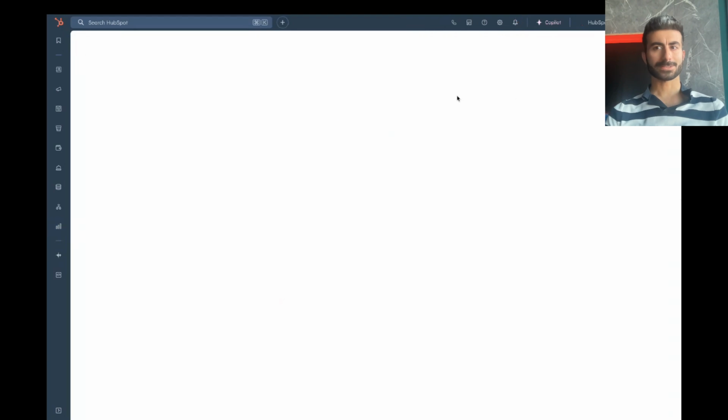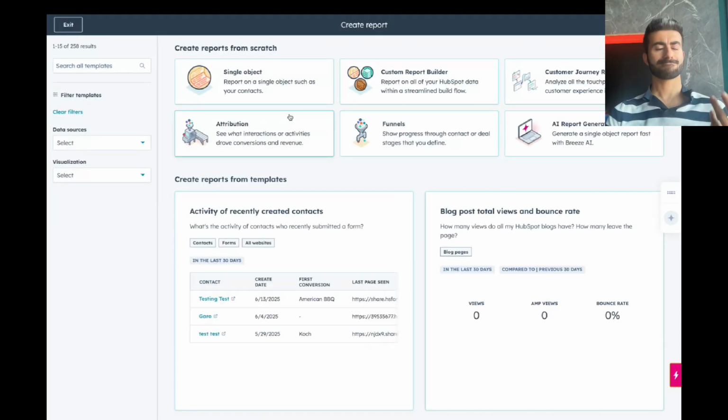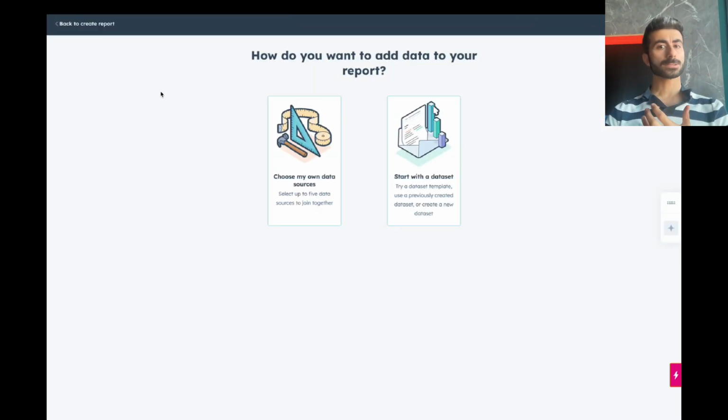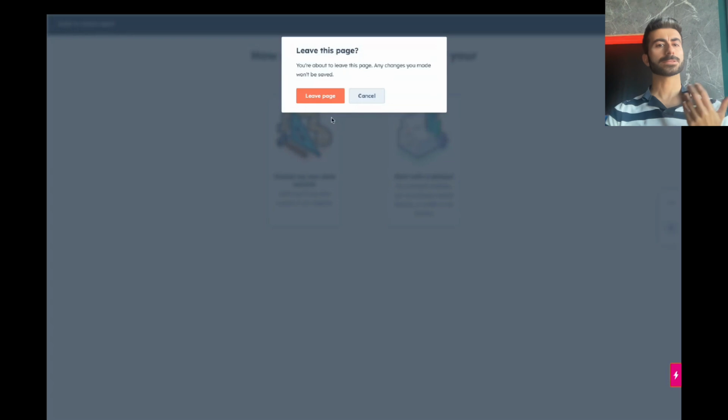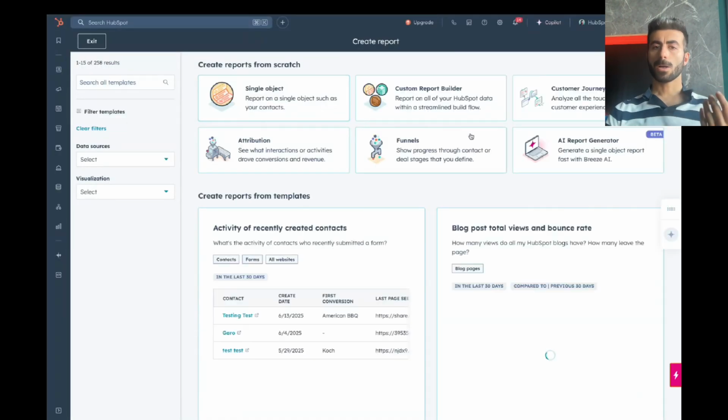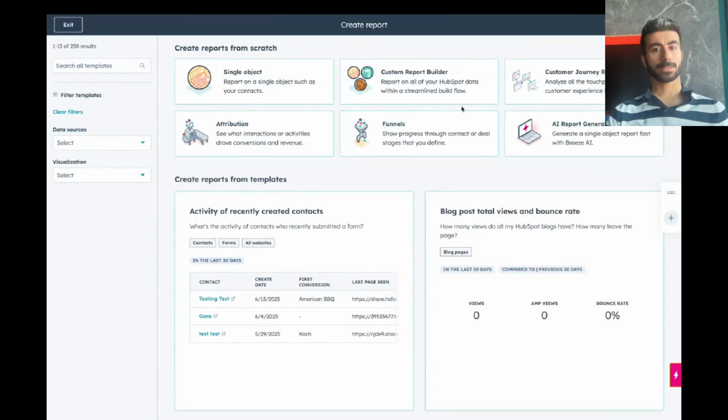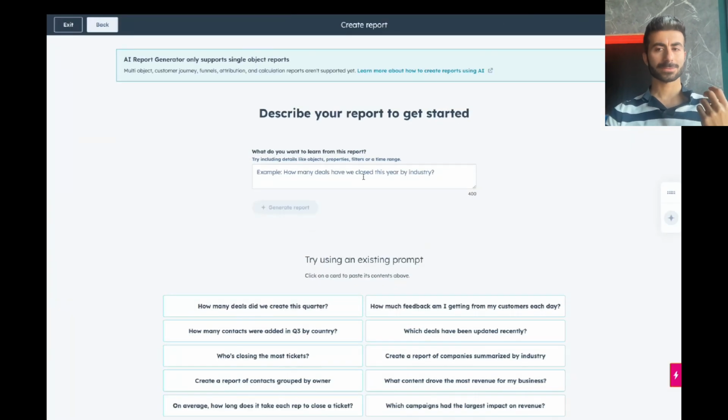Next, you want to start building the reports by choosing the right report type. Either single object, if you're making it specifically on, let's say, a contact object or a deal object, and you don't want the relationship between them. A custom report, of course, if you want to make it specifically between a deal, a contact, and a company. So that's the custom reporting, custom journey reporting, attribution, funnels, and then you also have the AI generated reporting,